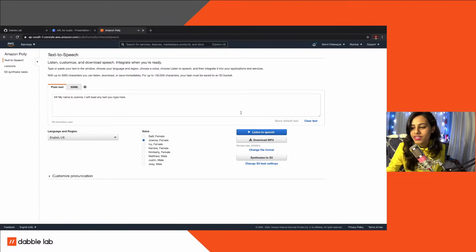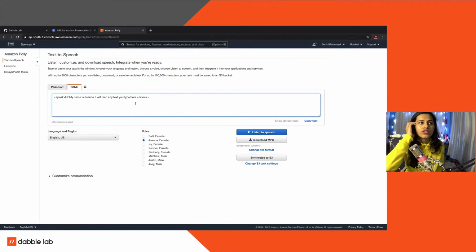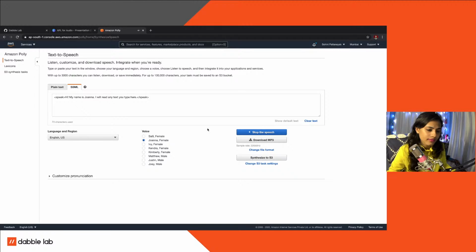Cool. And the other thing is, you can just go to SSML. With SSML, you can have tags like break and a lot of stuff. Then you can modify its voice using Amazon effects, friendly effects. They have so many things. You can read their documentation about how you can modulate their voice in a friendly tone, or make them whisper, and there are so many things. So you can listen to this. It has got a different voice.